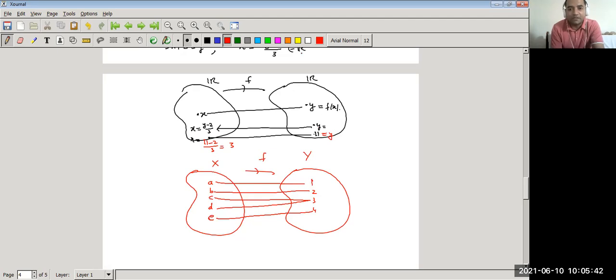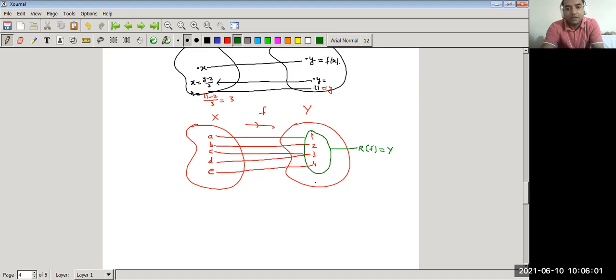अगर ऐसे कोई एक फंक्शन दिया हुआ है, now what is the range of this function? The range of this function is equal to 1, 2, 3, 4. And what is the codomain? Codomain is also 1, 2, 3, 4. So in this case, range of this function is equal to codomain. If range is equal to codomain, then the function is onto function. But is this function 1, 1? No, this is not 1, 1, because C and D both are distinct elements, but their images f of C and f of D are equal to 3. So this is not 1, 1, but this is an onto function. So this is an example of onto function which is not 1, 1.